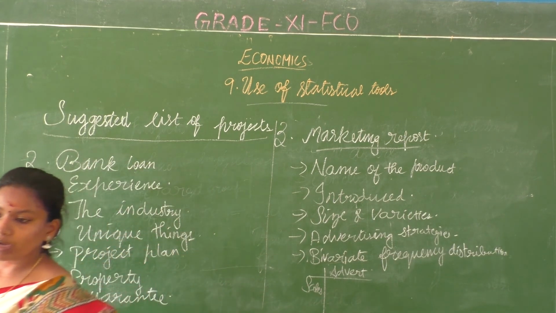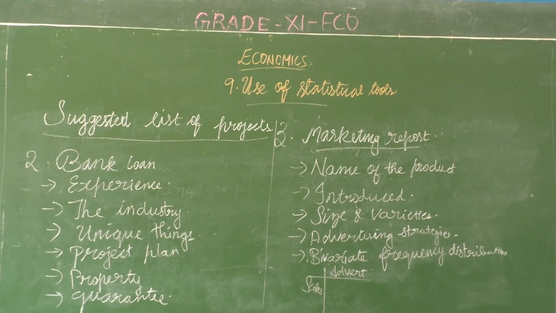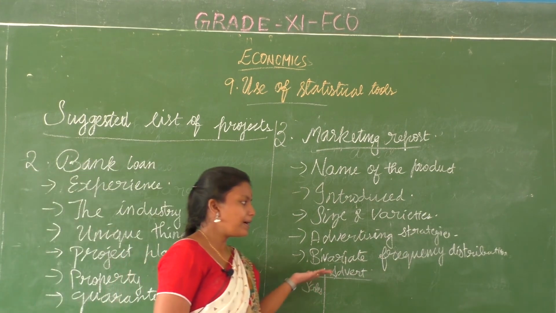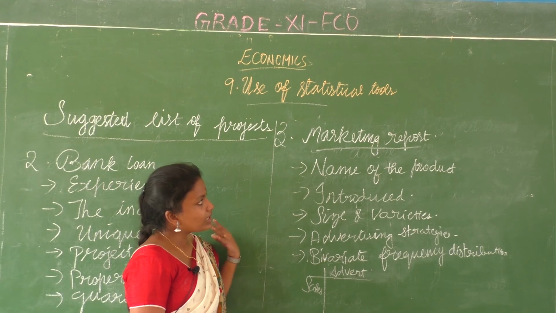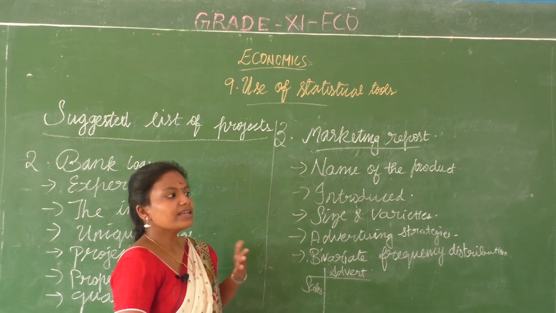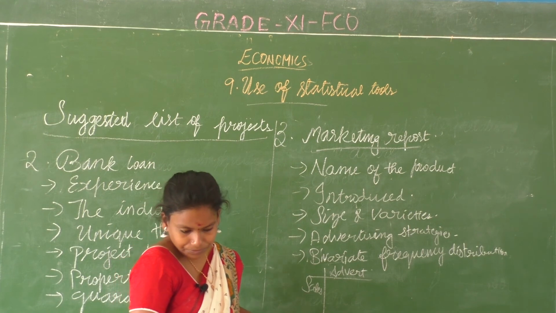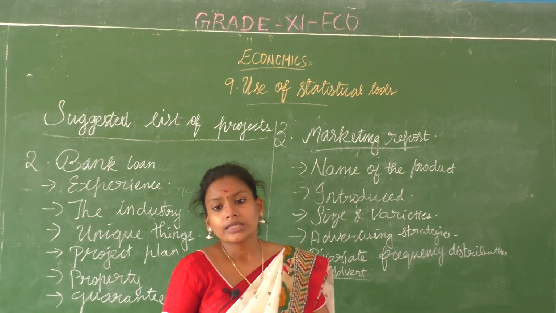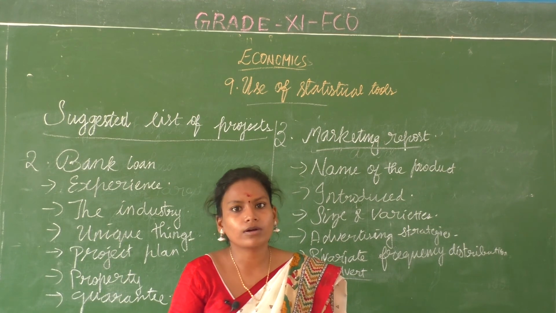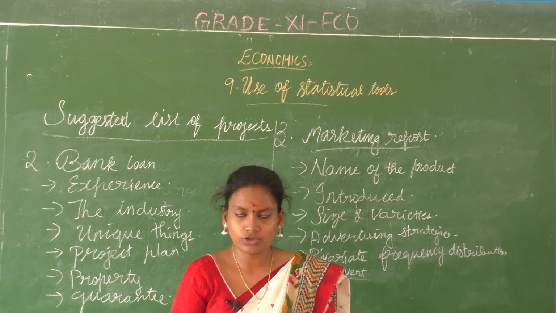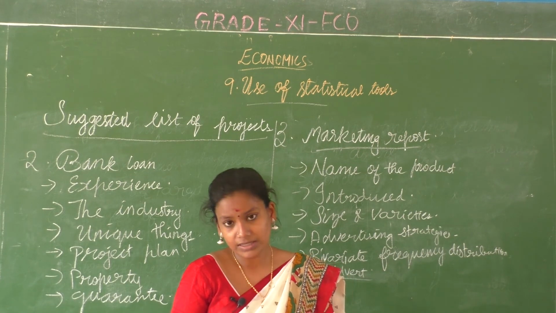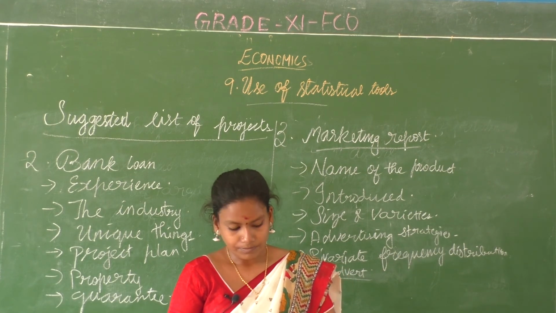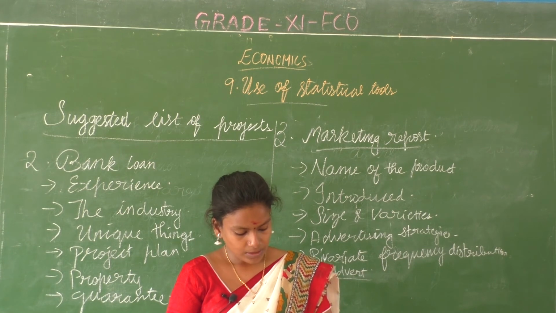So when you want to compare the relation between these two things, you have what? A bivariate frequency distribution. Clear, children? That is what? A bivariate frequency distribution. So you can give in the conclusion about whether the advertising campaign was good. If we have discounts, that system of discounting, was it good or not? That can be taken into account. That can be given as conclusion. Clear, children? Shall we go to the next point?